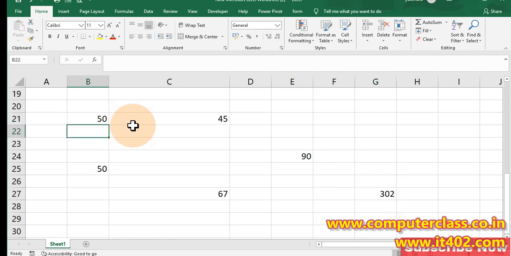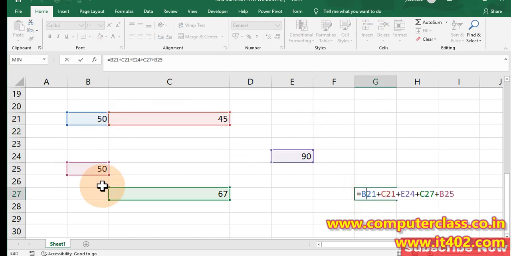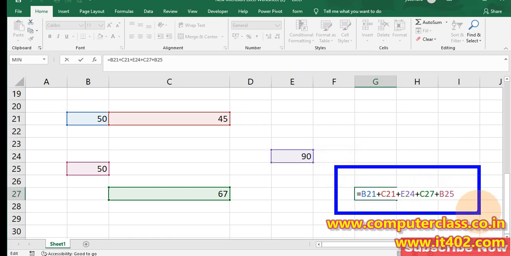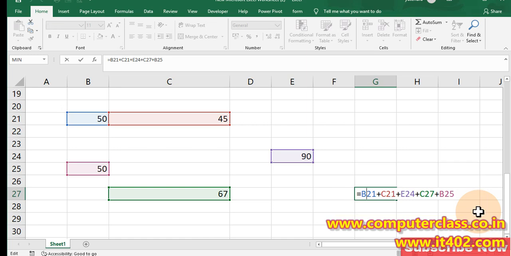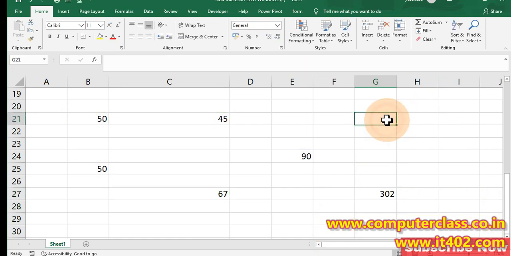After putting the formula, if we change any of these highlighted cells, the output will automatically change. So this is the main advantage of putting your data in a cell rather than directly. If you do it like that, equal to 50, then 50, 45, 67, then 90, and you want to make this less than 300, you need to change the value from here.